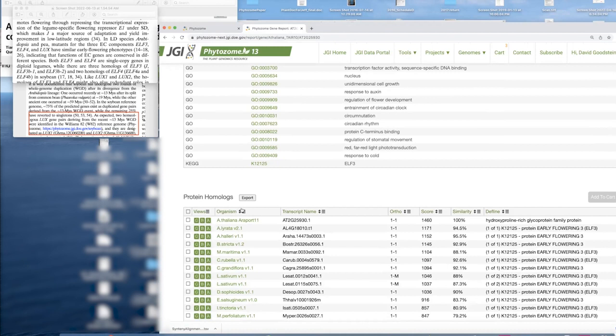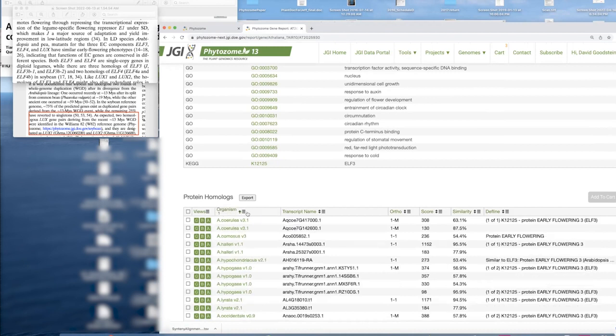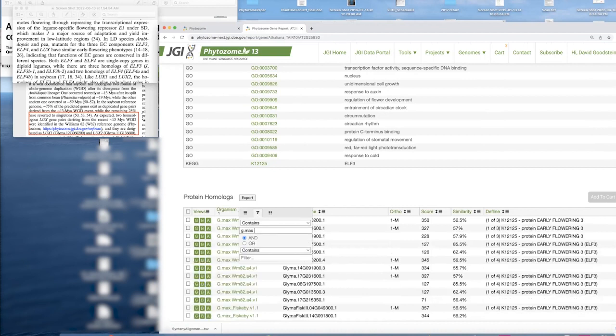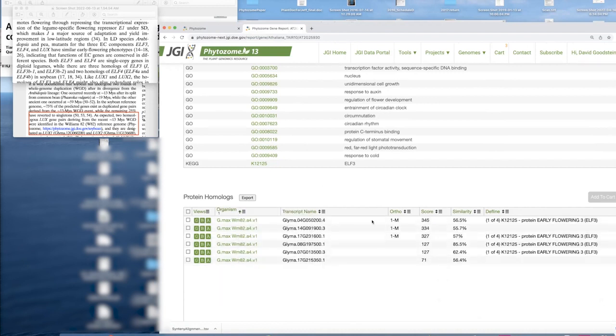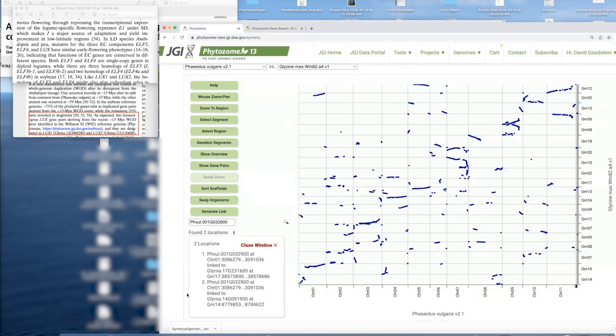You said that those soybean genes were threefold. Okay, so one on chromosome 17, one on chromosome 14, and one on chromosome 4. So let me go back to that synteny view. Here's the one on 17. Here's the one on 14. I don't find one on chromosome 4, but